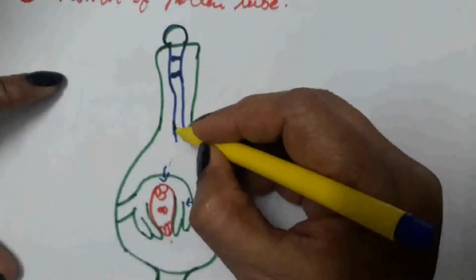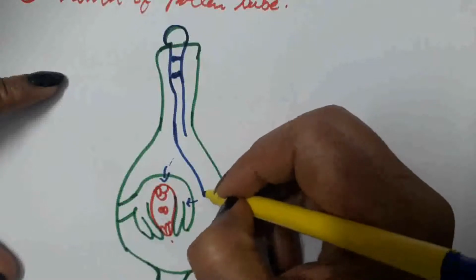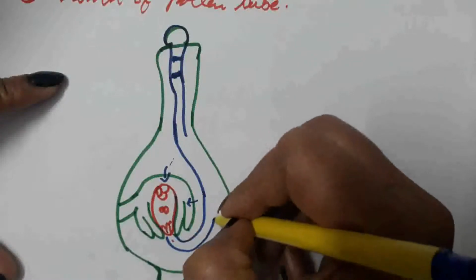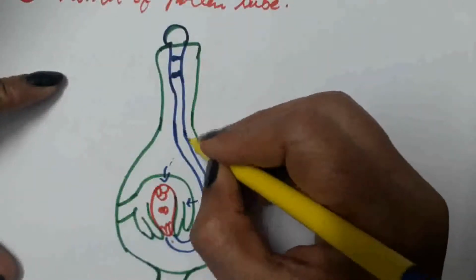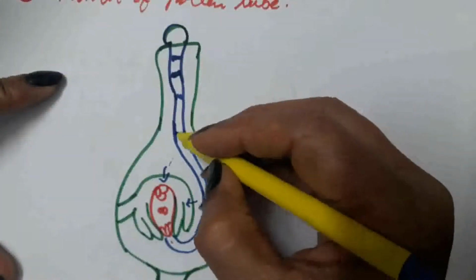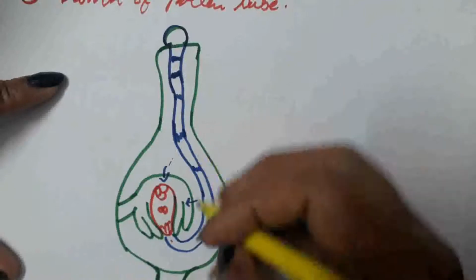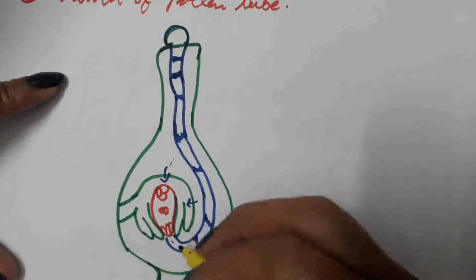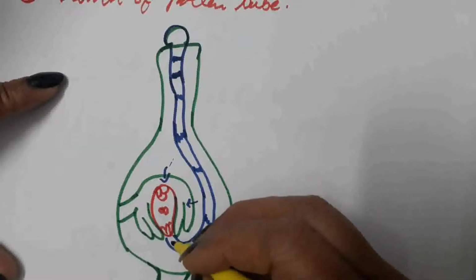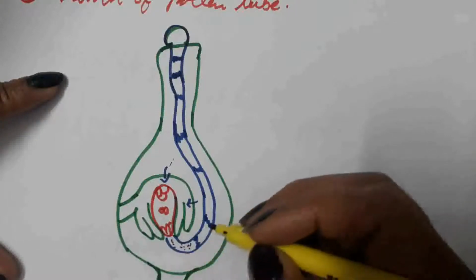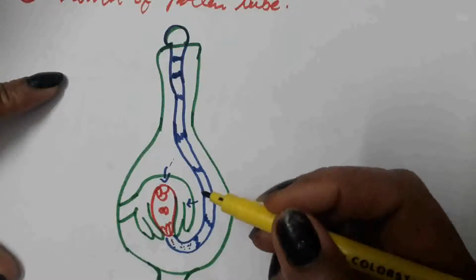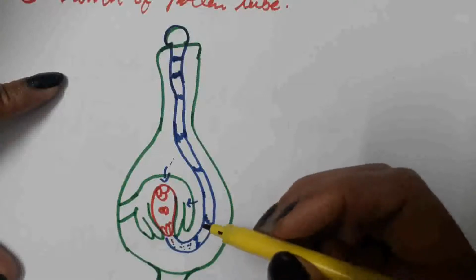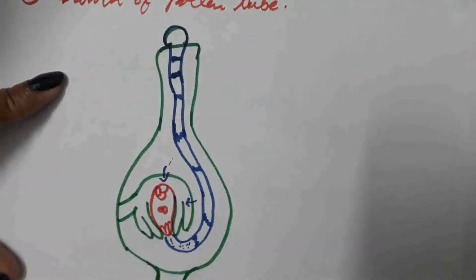So here I am going to show you porogamy. That is, the pollen tube enters through the micropyle. At regular intervals, callose plugs are formed. I told you the function of callose plugs. Because of these callose plugs, the contents of the pollen grain remain at the tip. What are the contents present at the tip of the pollen tube here? That is the two male gametes along with the cytoplasm of the vegetative cell. Cytoplasm of the vegetative cell gives nourishment to the male gametes.